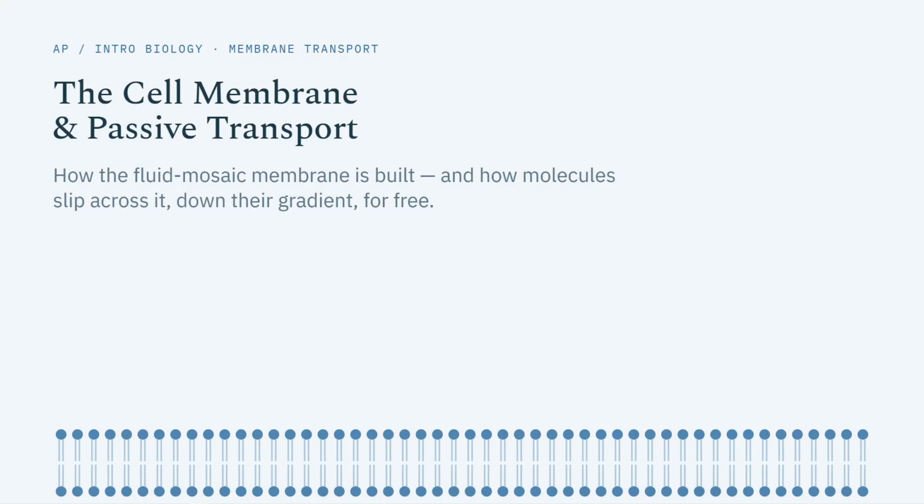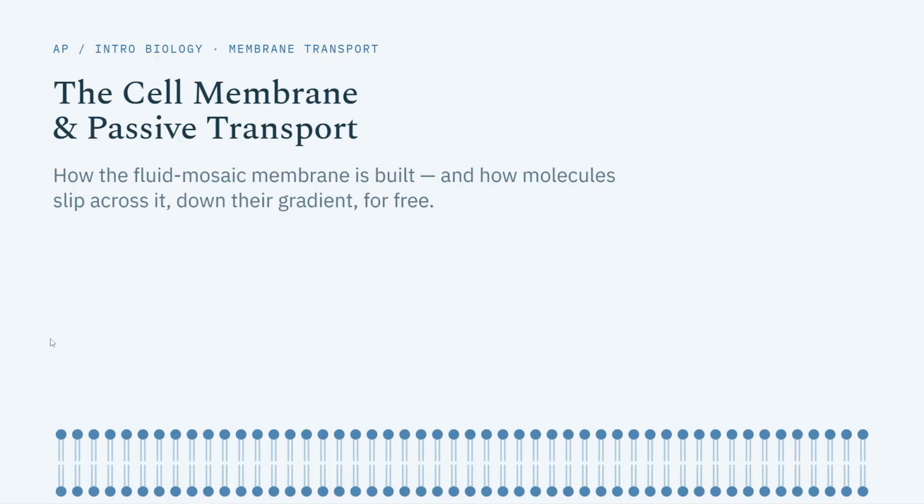Every one of your cells is wrapped in a barrier thinner than you can imagine. And that barrier is constantly deciding what gets in and what stays out. Here's the surprising part. A huge amount of that traffic happens for free. No energy spent at all. In the next 5 minutes, I'll show you how the membrane is built and how molecules cross it without the